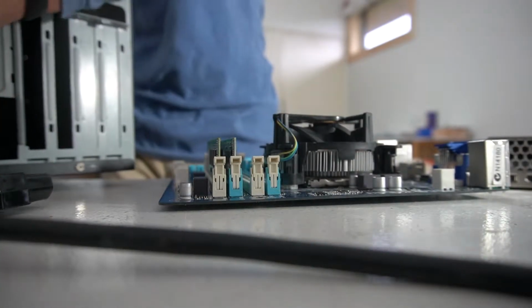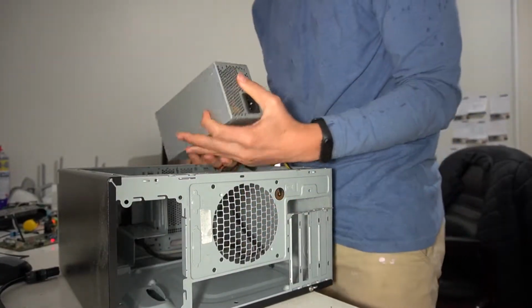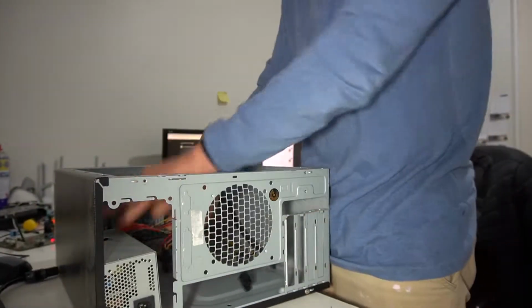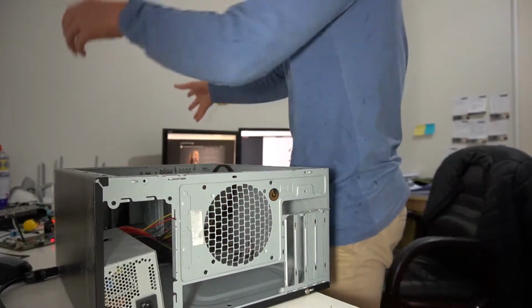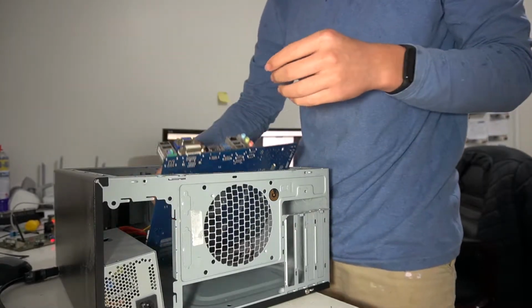Well, this is my test bench, which has a cheap power supply in it. It's actually 80+ Gold, so not that cheap, but you get the point. That's pretty much for testing parts. And so for these videos, what I mean is that you install the parts into it. So pretty much, it's just a